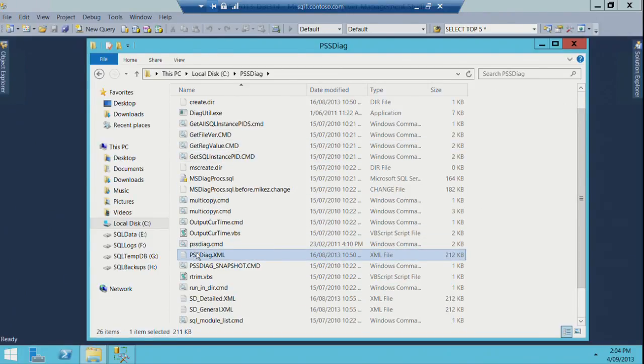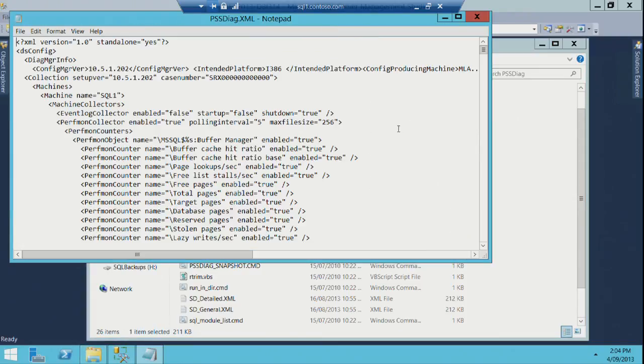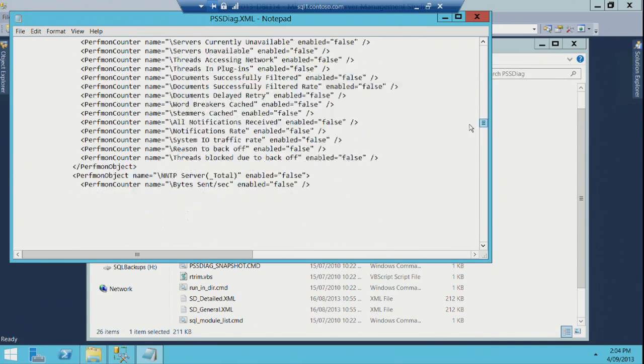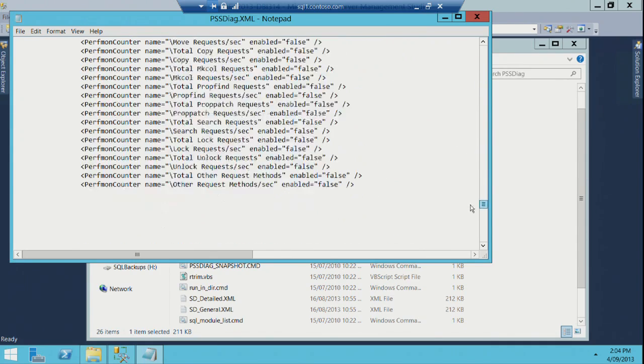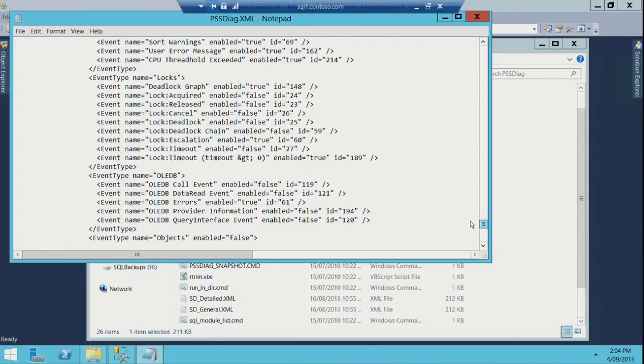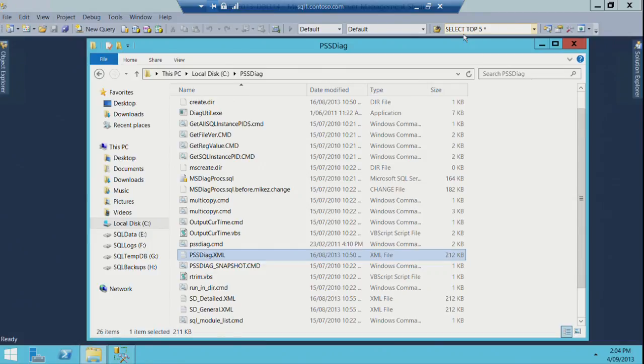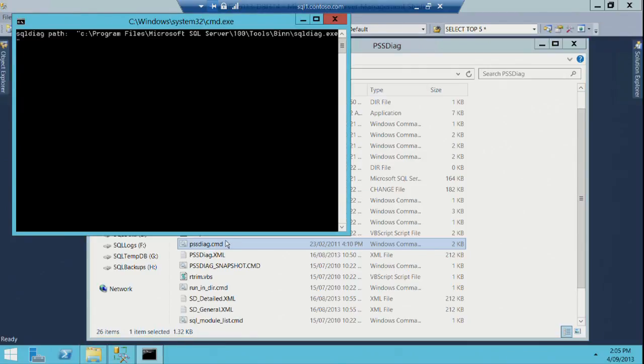And here's the XML file that it will create for me, and there's a whole list of perfmon counters in here, and if I get far enough down, it'll actually show me the event log, events for my trace data. So it's actually gone and pre-configured all of that for me, to the point where if I just hit this command file now, it'll start